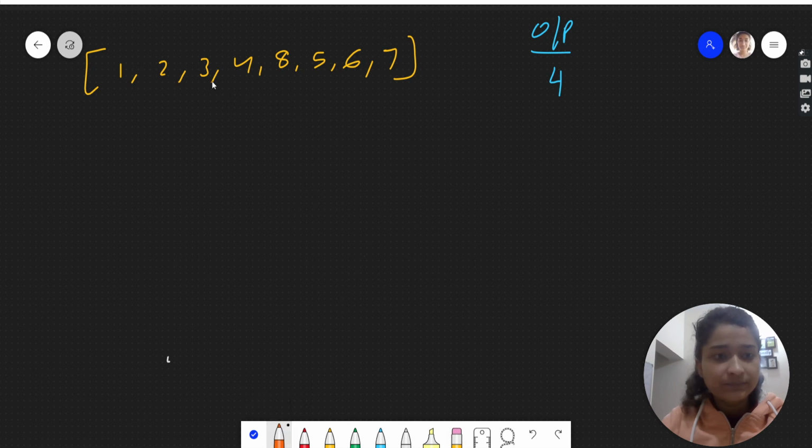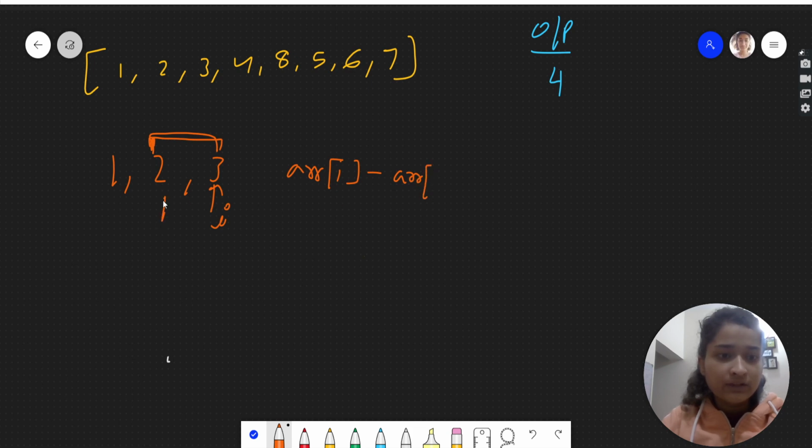See guys, here when we have 1 2 3, we need to check what the difference is between these two elements. Let's say our index i is here. So we need to check the difference of arr[i] and arr[i-1], this is the i minus 1 index.